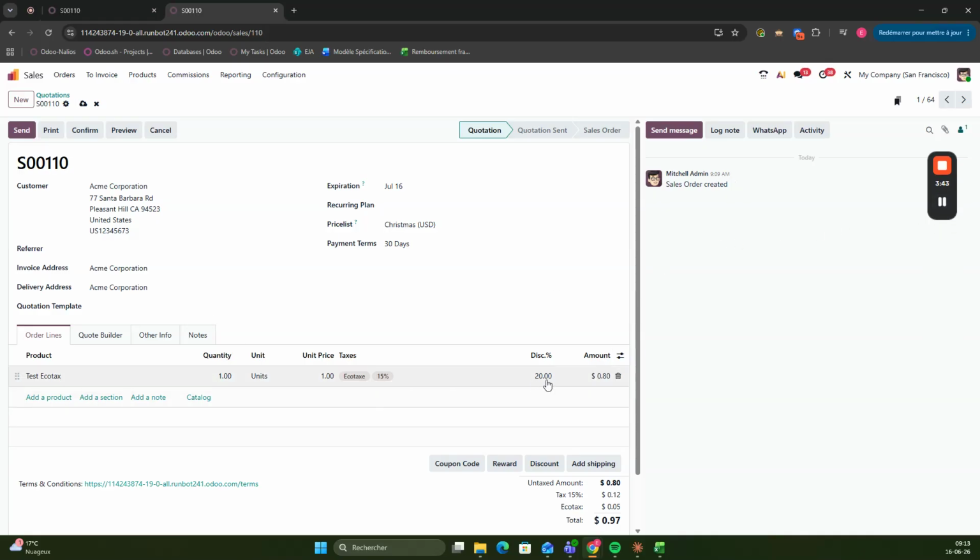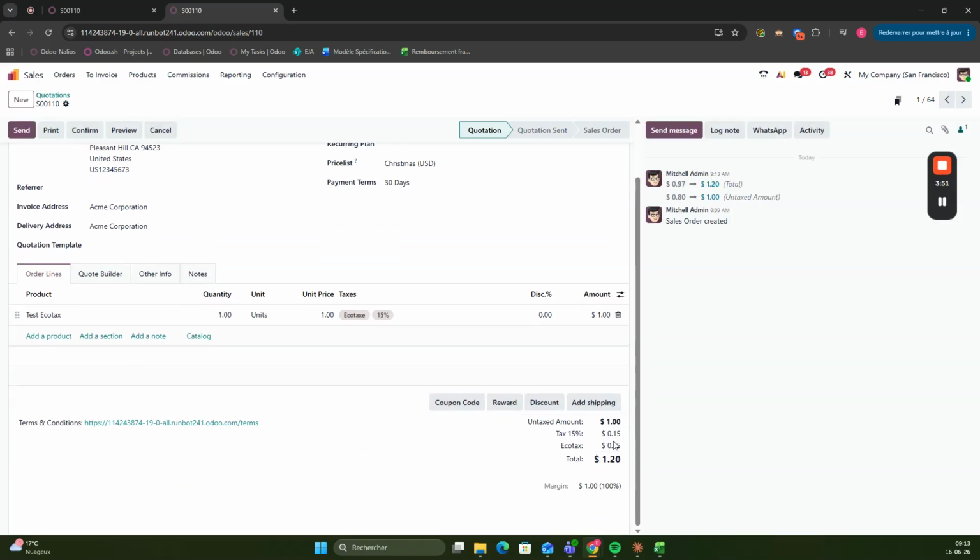All right, I'm just going to remove the discount here in order to have the full price shown. Now we can see that we have our untaxed amount, which is $1, which is completely normal. We have the 15 cents of taxes with the tax 15%, and we have our ecotax that leads us to